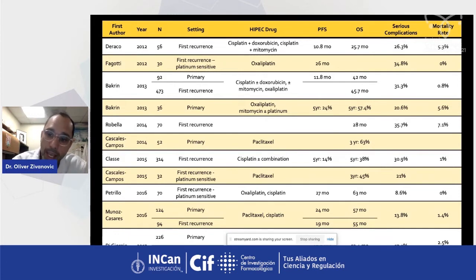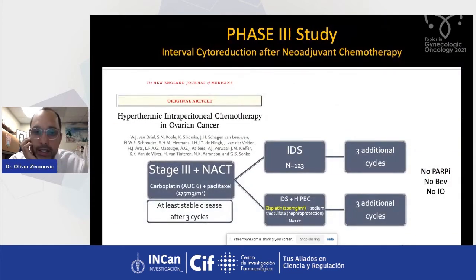The serious complications vary between 20, 30, 40%, and mortality between 0 and 7%. This is also something that looks familiar when you look at many surgical studies of ovarian cancer patients without the use of HIPEC. So what we need is clearly randomized studies, and this was published in 2018, the very